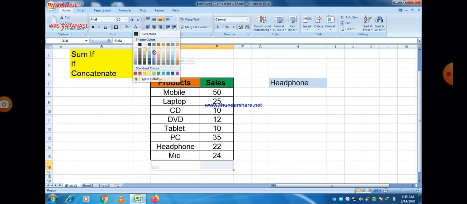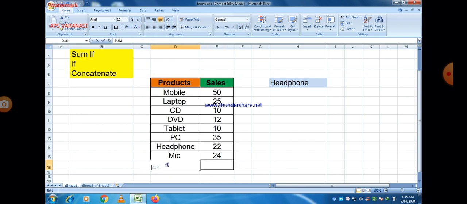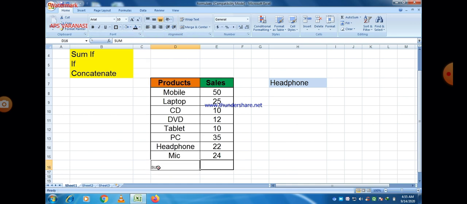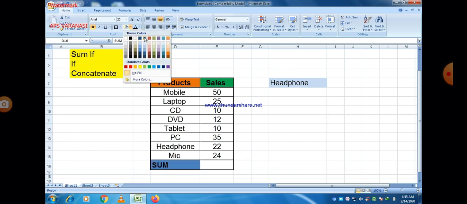Okay, so I just write sum in a cell here. I just change the color of the text to black and make the size much larger, and now it is clearly visible to all of you.